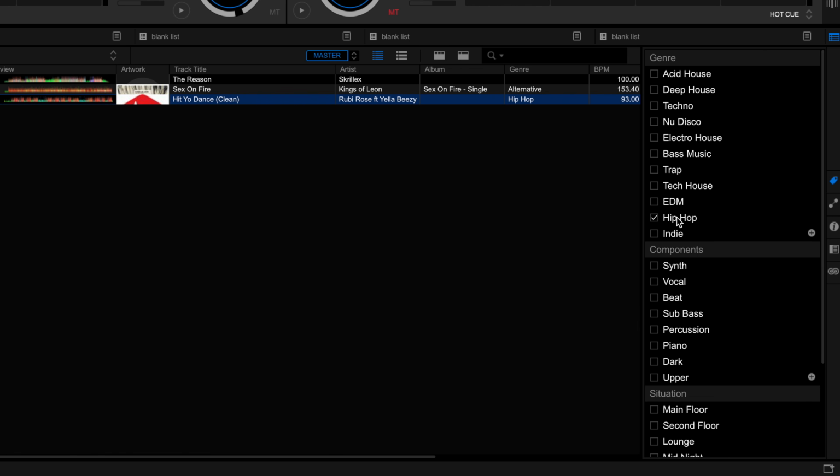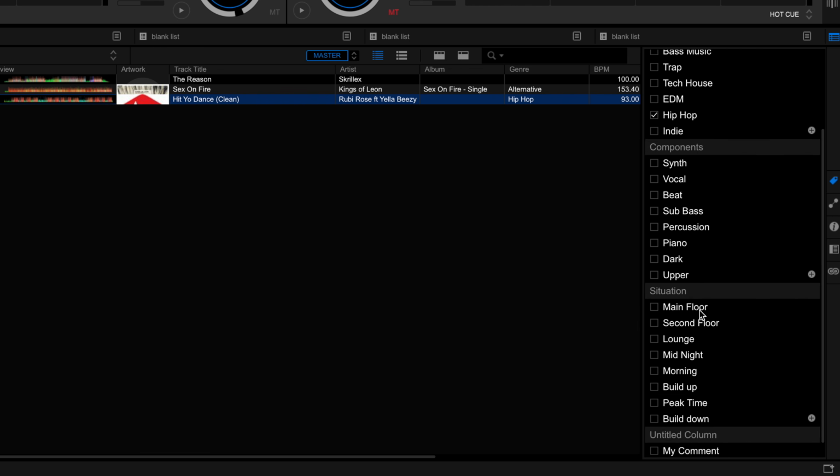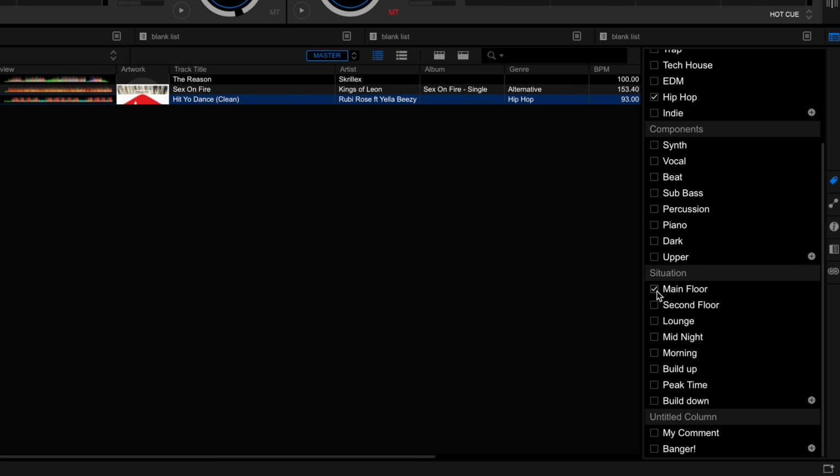I could do more than just tag the genre. I could say this is a hip hop track that is also a main floor track, or I could say it's a main floor and a midnight track. So it's a perfect track to play in the middle of the night to get the crowd going. It's up to you what you want to categorize your music as and how deep you want to take this